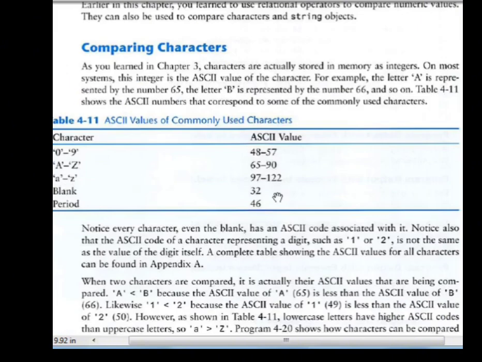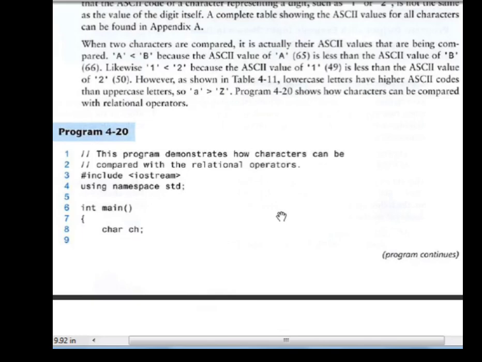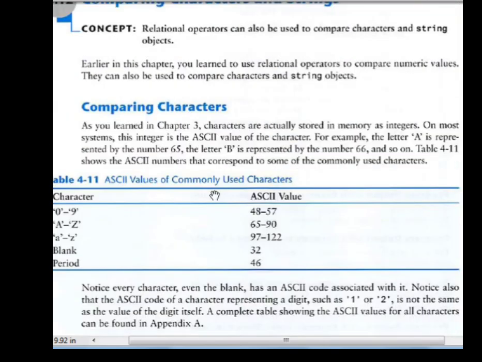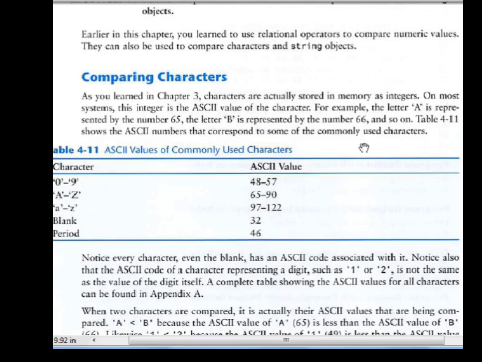स्पेस का आस्की कोड 32 है, कैपिटल ए से जेड 65 to 90 है, स्मॉल ए टू जेड 97 to 122 है, 0 to 9 के जो डिजिट्स हैं आपके उसके आस्की कोड 48 से 57 की रेंज में है, और डॉट फुल स्टॉप का आस्की कोड 46 है। और किताब की अपेंडिक्स में आपको पूरा आस्की कोड का टेबल अपेंडिक्स ए में मिल जाएगा।